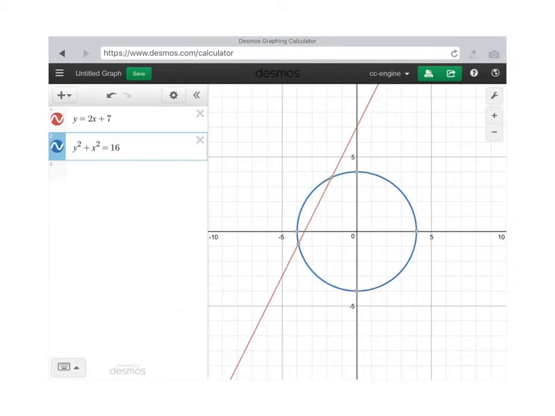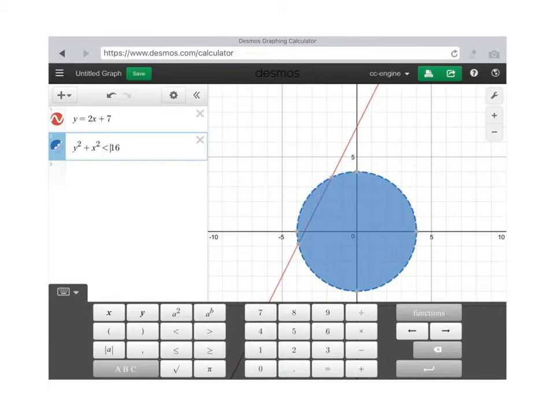So I've turned on the colors for the two lines, and you can see that the red line is the straight line, obviously, and the blue graph is the circle. We'll learn a little bit more about circle equations later. But what I did want you to notice is that if we change the circle equation, instead of being equal to, if we make it so that it is less than, it actually fills in the circle so that you can see the